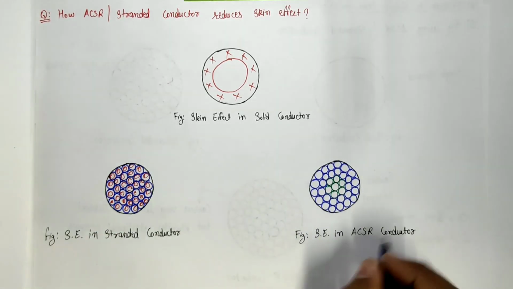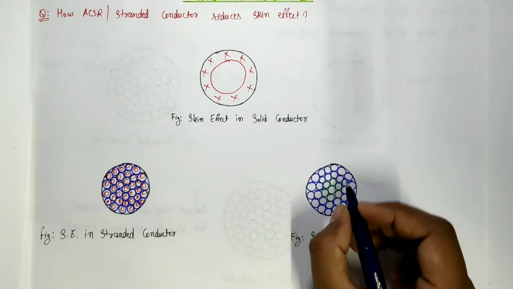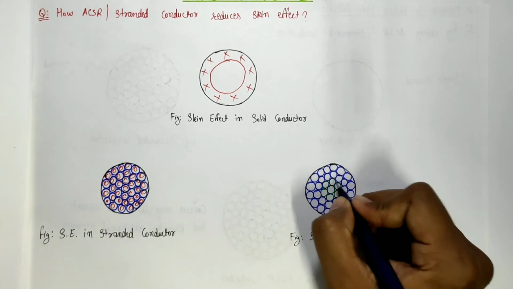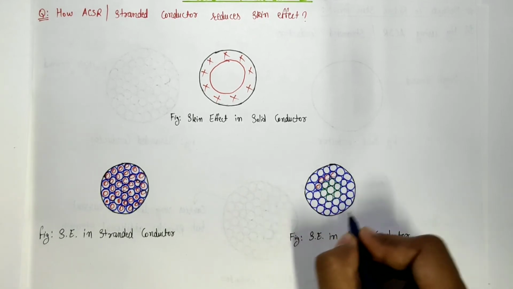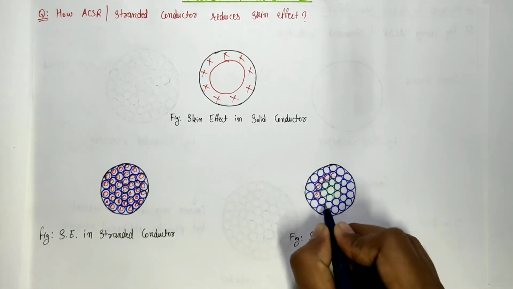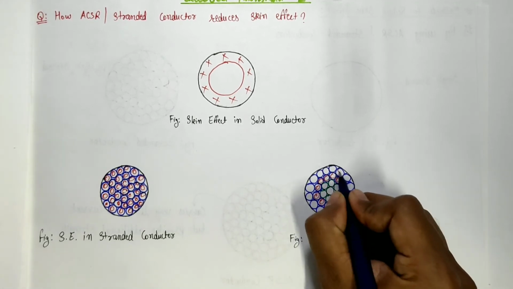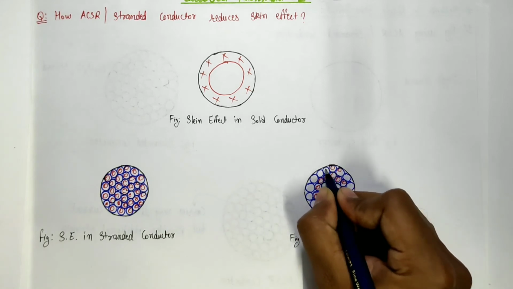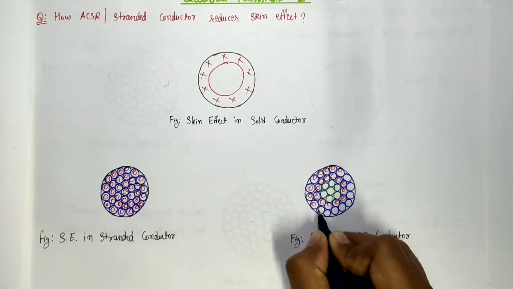Now let's see what happens in case of ACSR conductor. So when current is passed through ACSR conductor, as you know, these steel strands will carry no current, but these aluminium strands will carry current. Each and every strand will carry some amount of current, due to which skin effect will occur in all of these strands. And similarly to the stranded conductor, the effective cross-sectional area in case of ACSR conductor will increase as compared